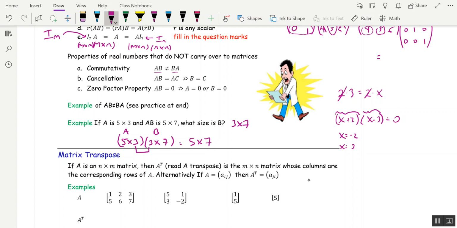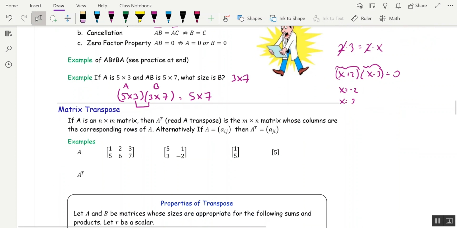All right, winding it up, matrix transpose. This is an important operation we can do on matrices. What we do is we convert the rows of A to columns or the columns to rows, and that's how we get the transpose. So for example, if A is this matrix here, A here is 2 by 3, the transpose is going to